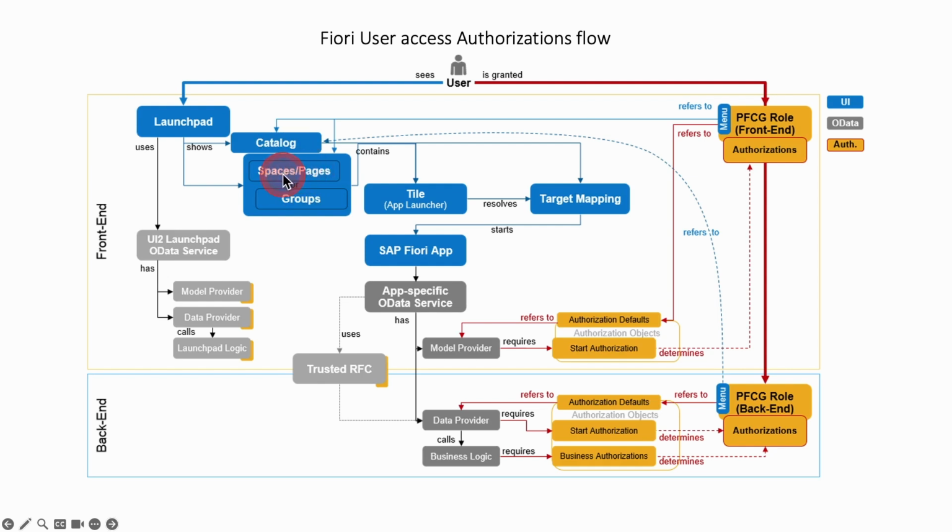If you are using an older version of Fiori, you may need access to groups instead of pages or spaces. Now once the user has access to both catalog and pages and spaces, this is when the user gets access to tile and target mapping. We'll discuss these things in detail, but think of them as a link to launch the app. Once you have access to the tile and target mapping, the user can actually launch the Fiori app,